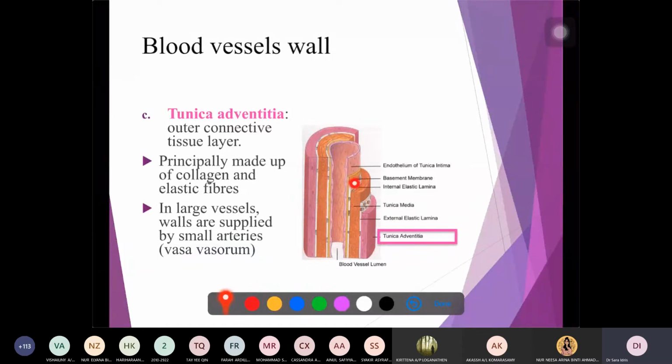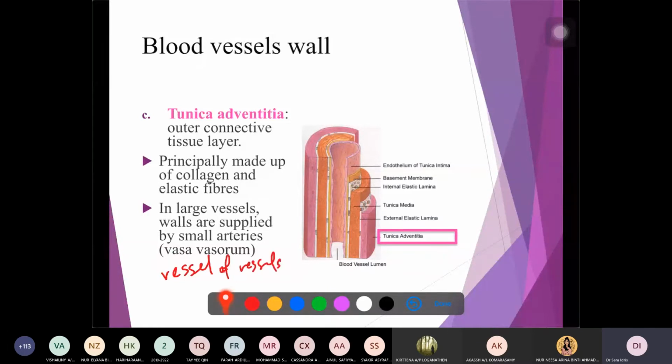Outer of the internal elastic lamina is considered to be tunica media, which is made up of mostly smooth muscle, but you also have fibers. And then you have the layer of external elastic lamina. So anything outer from that is your tunica adventitia. And tunica adventitia is mostly made up of fibers, but also sometimes in large vessels, you find that they are fed by small arteries called vasa vasorum, the vessels of vessels. The vessels of vessels. This is what